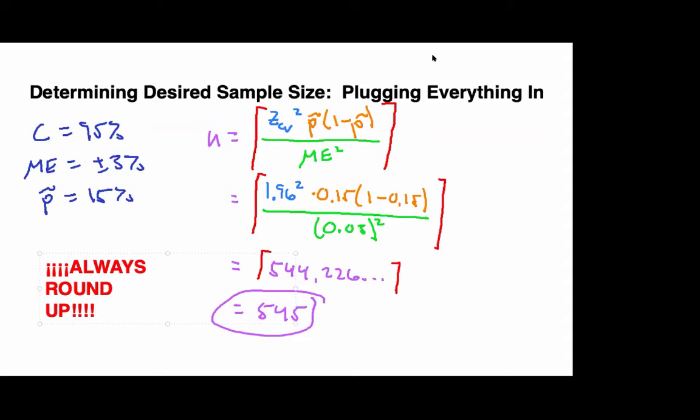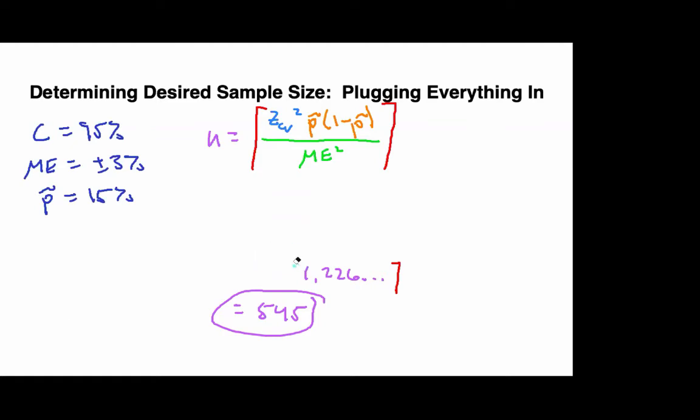Now, how does this formula change? We need to talk about the formula if we don't have a guess for p tilde. Let me go ahead and get rid of this. So if we don't have a reasonable guess for p tilde,